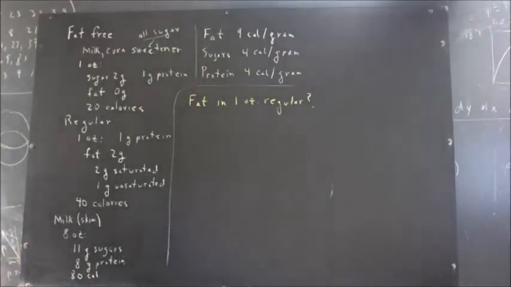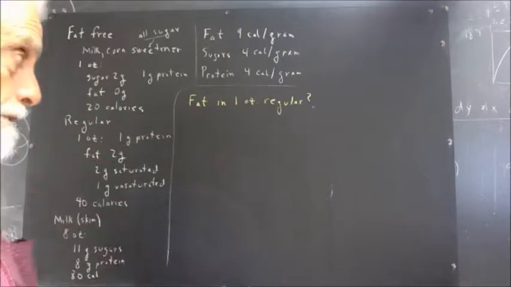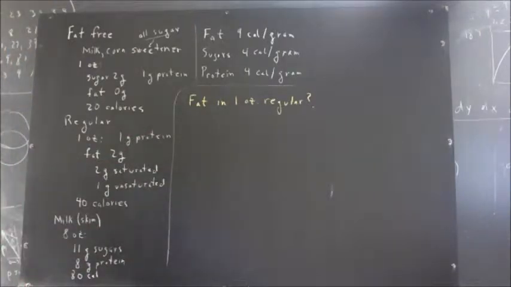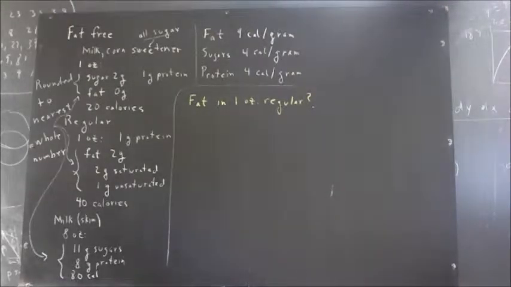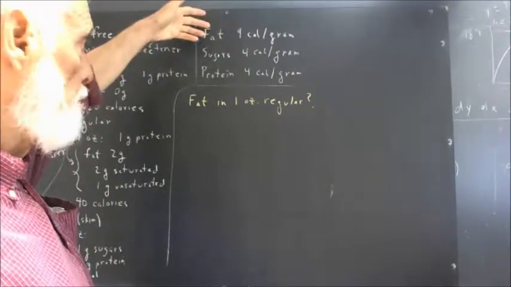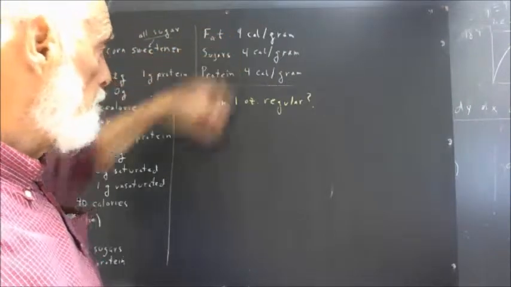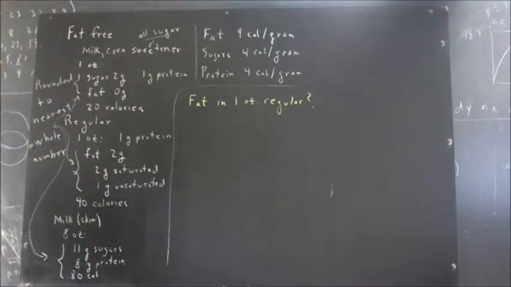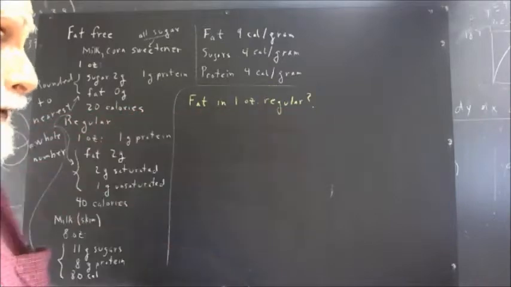First question we have, how much fat is there in 1 ounce of regular? Now, the other thing that I haven't yet mentioned is all these numbers are rounded to the nearest whole number. More specifically, all the amounts in grams are rounded to the nearest whole number. These results are pretty close. They're rounded, but they actually are pretty close to the whole number. So, again, the question is, how much fat is there in 1 ounce of regular